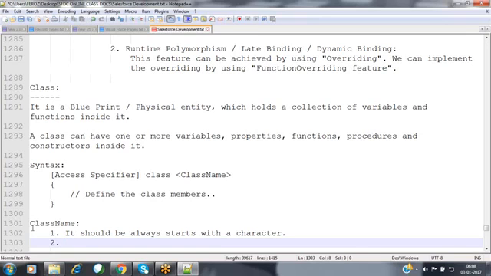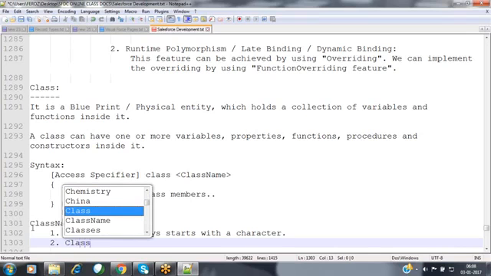Whenever you are giving the class name, it should always be a single word. We cannot give two words for the class name.